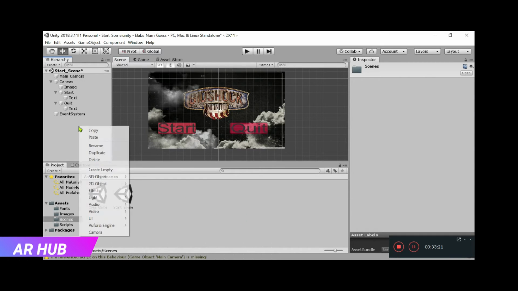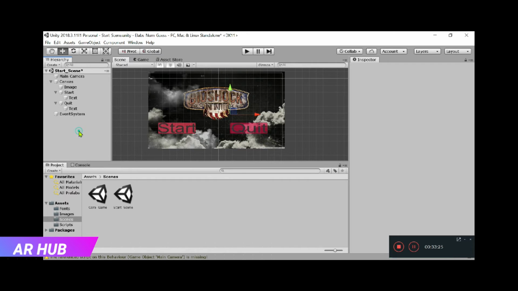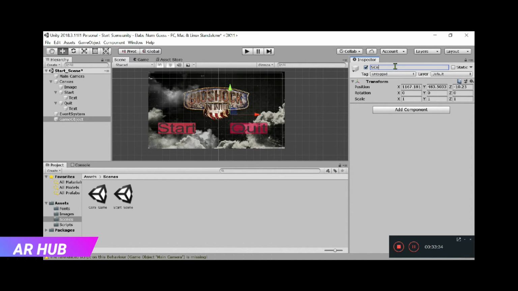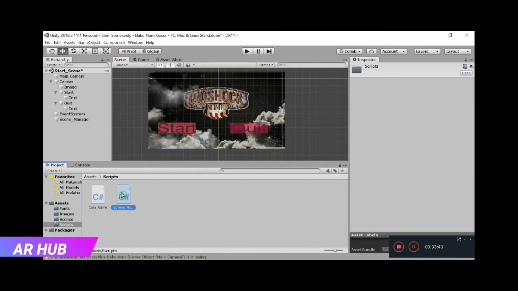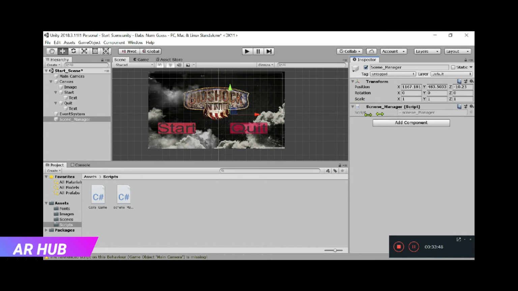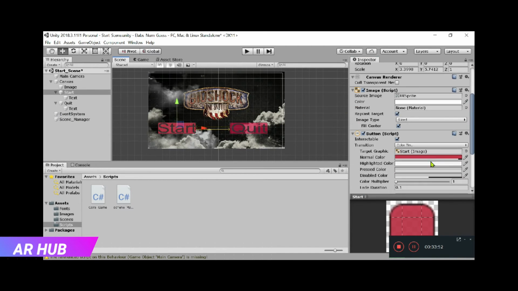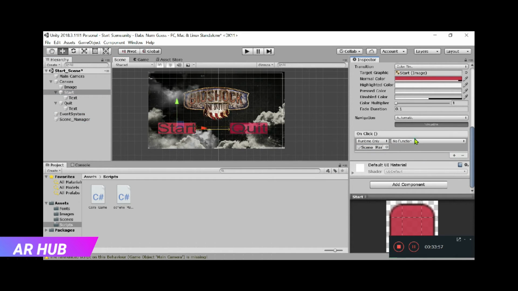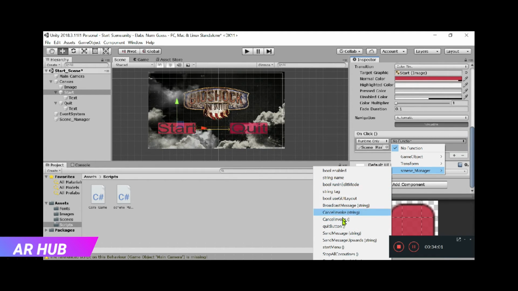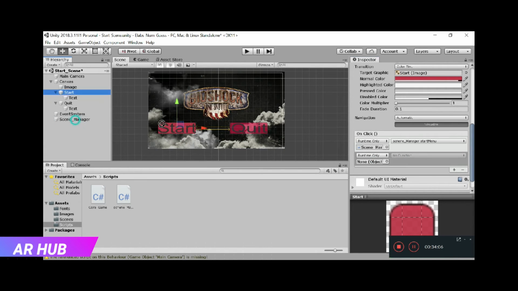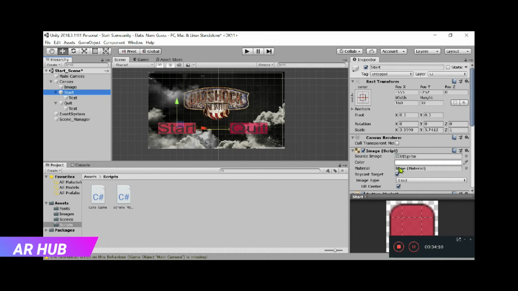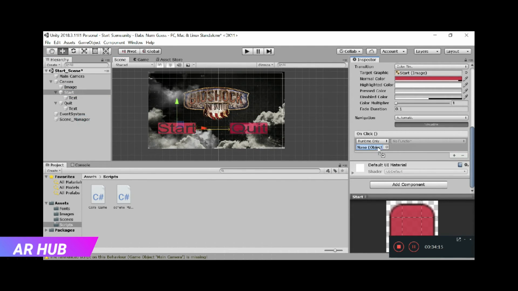Here, create an empty game object and name it SceneManager. So we have it. Put our script on it, SceneManager, and click on our start button, and on click plus, drag and drop the game object SceneManager, function SceneManager, StartMenu. Oh no, that should be done on the quit button, so I'll just remove it. SceneManager, StartMenu, and on my quit button plus, drag and drop the game object,